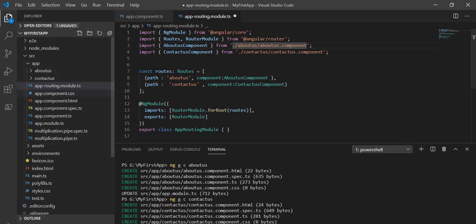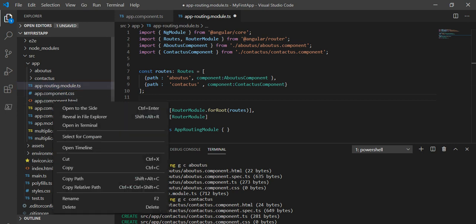Then we created a path basically in the routes, giving the name and then the component, so this name is respective to that component. Now we have to attach this to the HTML page. So let's go to the HTML page and attach these paths.